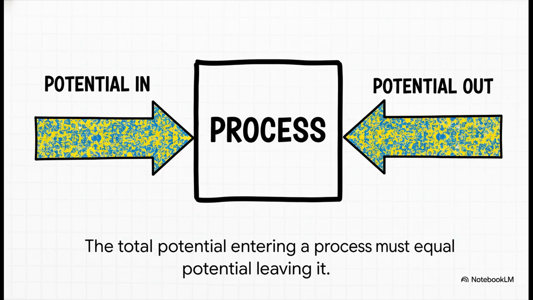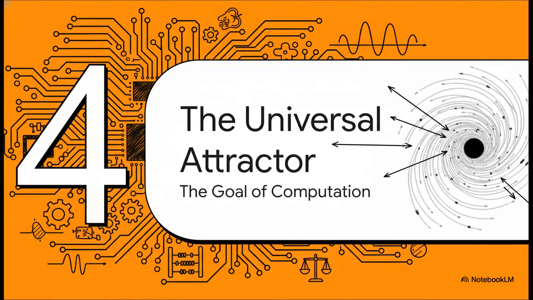You can't create order or complexity in one spot for free. To do that, you have to pay for it by creating disorder or entropy somewhere else. Every single transaction is recorded. There's no such thing as a free lunch. So, we've got a computer running a program, and it's obsessed with balancing its books, which leads to the really